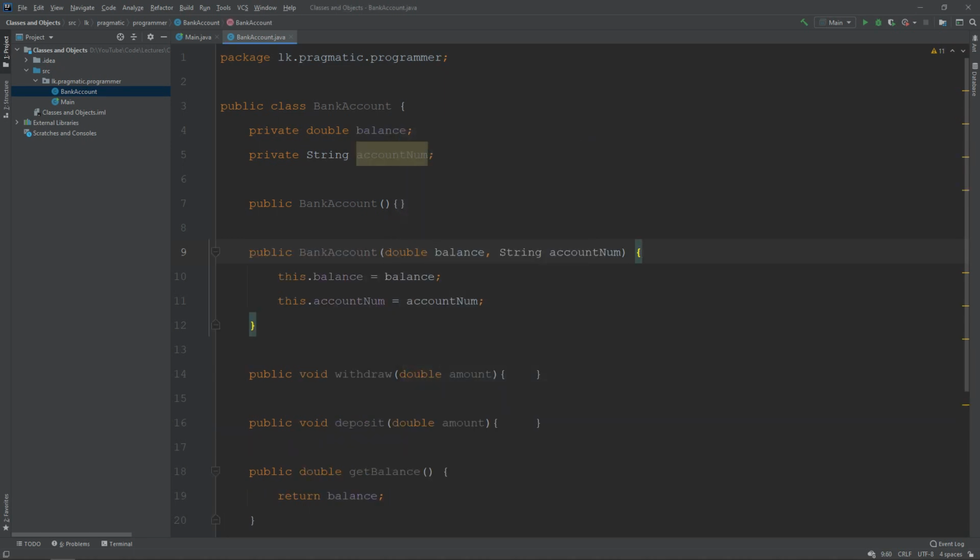Now we have two constructors in the same class. If you pass in no parameters, it will go to this constructor and end up initializing the instance variables with the default values. But if you explicitly mention the values to be initialized, then it will go to this particular constructor here. Okay, let's move on to the next slide.